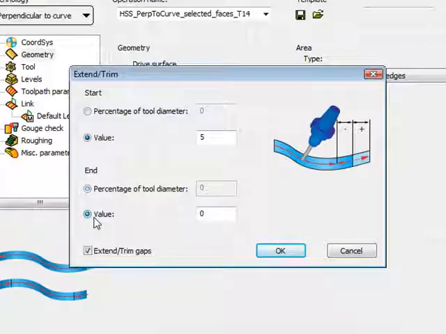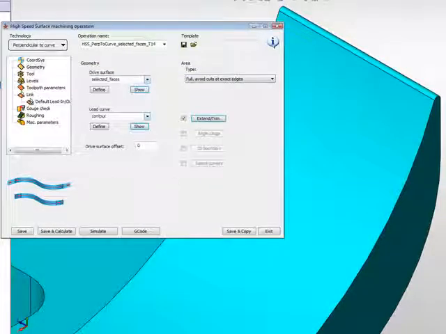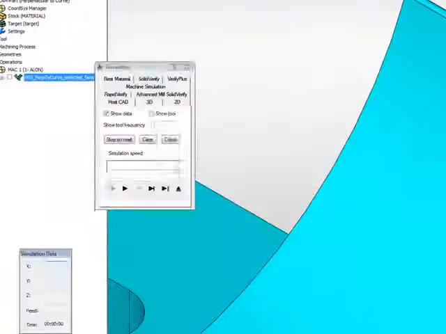The same thing when I leave the surface. I want to have an extension of 5 millimeters. I'll simply say OK. Now when we take a look at my calculation and my simulation, you'll see now that